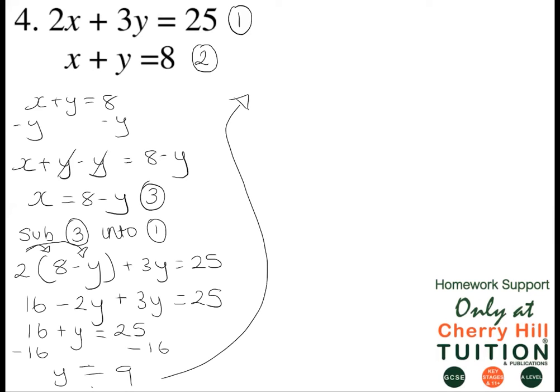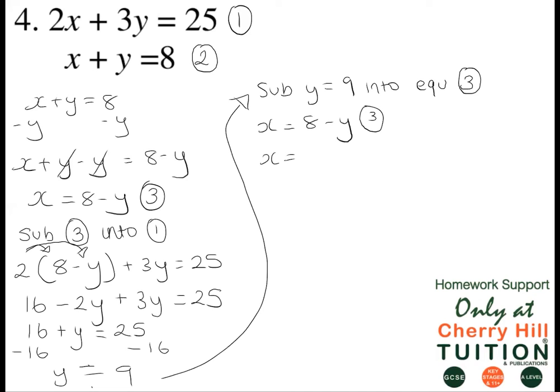The next step is to substitute y is equal to 9 into equation 3 in order to solve for x. So x is equal to 8 minus y. This is equation 3. So x is equal to 8 minus y, and y is 9. So x is equal to minus 1. Okay,